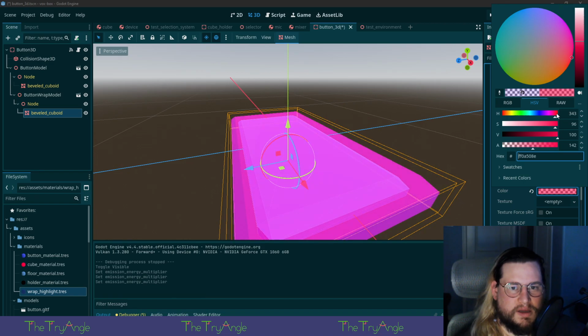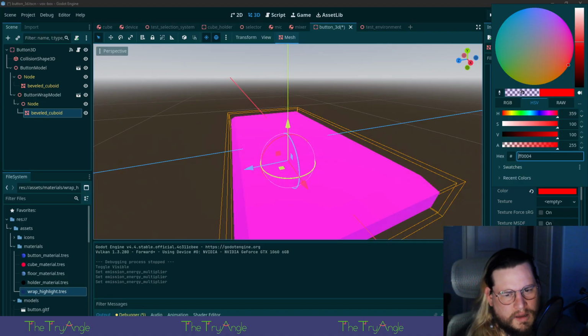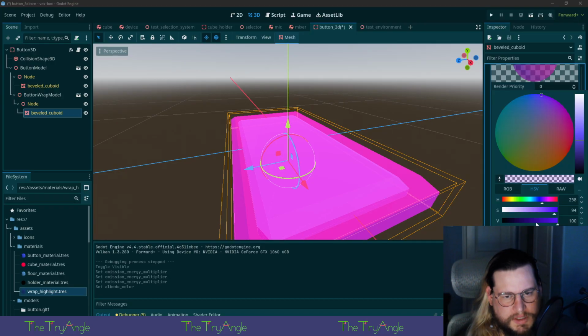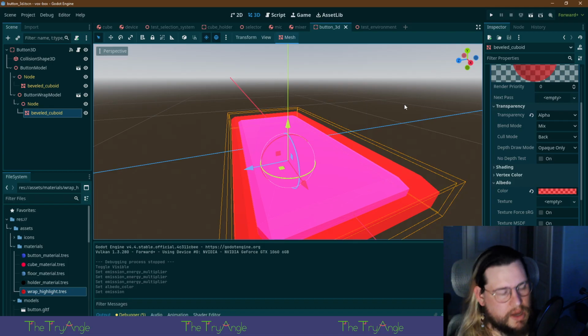No, that's just pink. Oh, the emission, right. Let's see what this does. Okay, that pops.